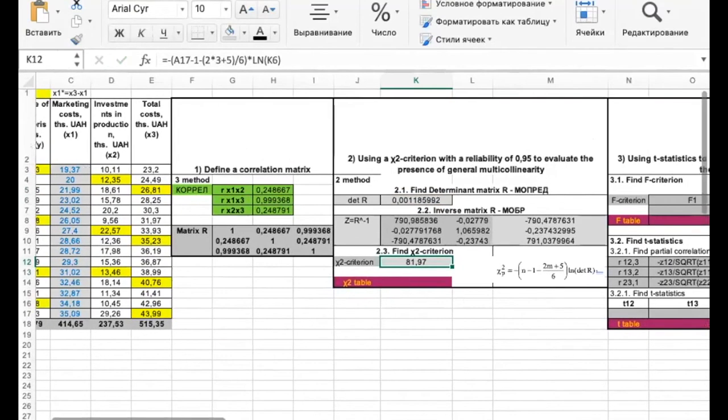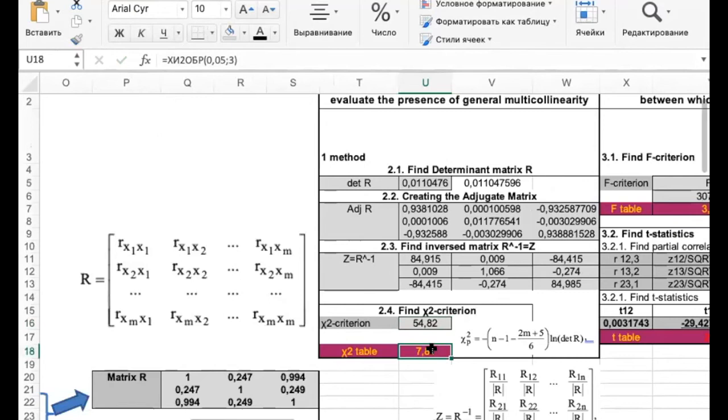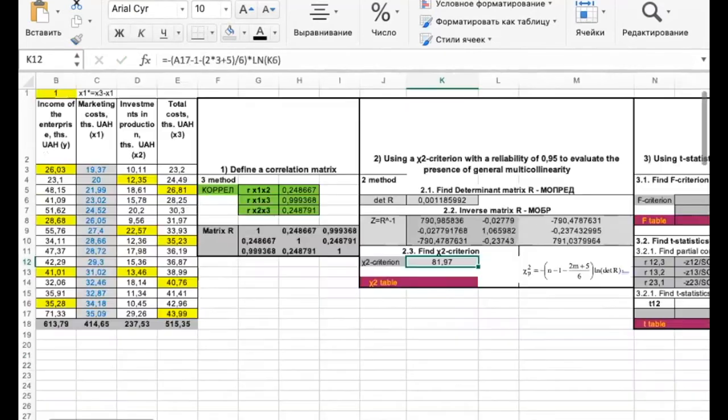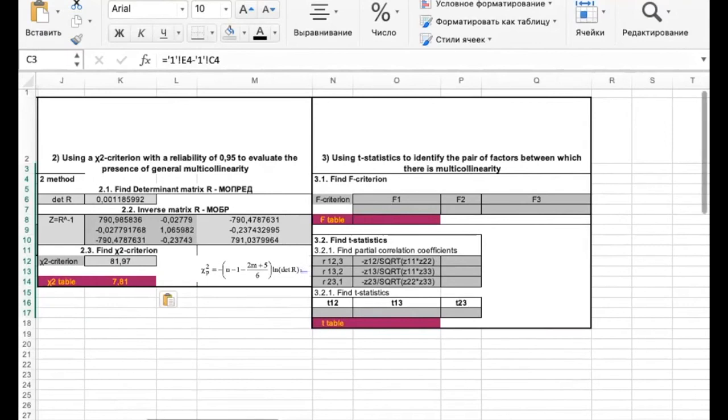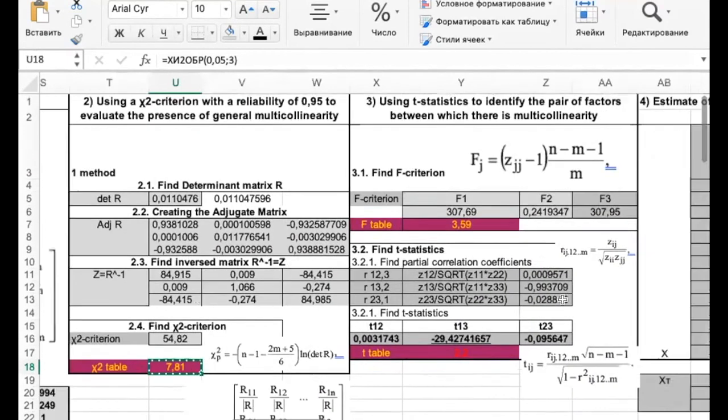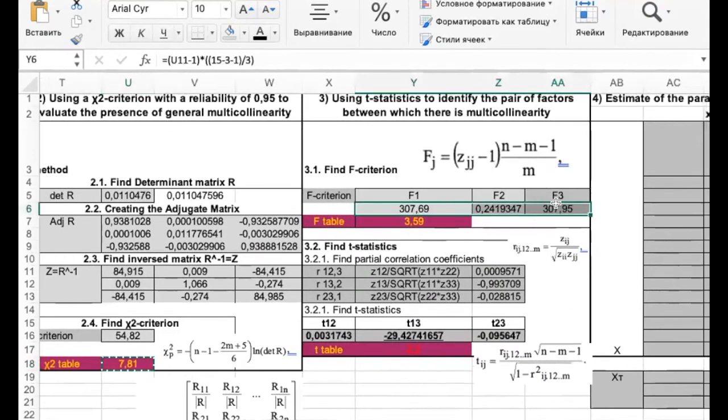And now we also are able to define heteroscedasticity because it will be the same. Again, we can see that in our massive of independent variables there is general multicollinearity. We go next to find our F1, F2, F3, and probably I just copy all of this,